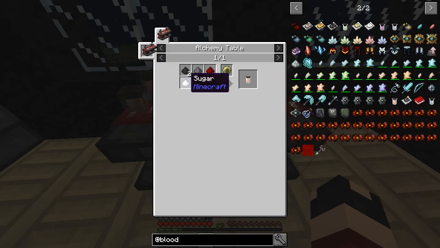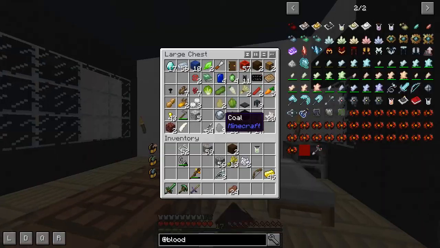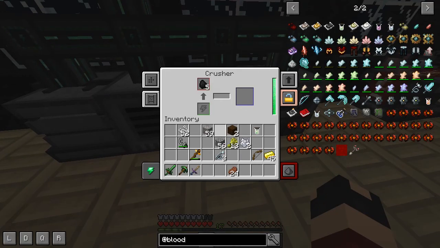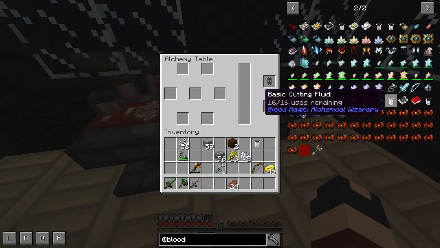Okay, so the basic cutting fluid, we need coal powder or crushed coal. We could do that in the, let's see, over here. We can do that in the crusher. In fact, we can get that started now. We just grab a couple of those and throw those in the crusher. We can come back over here and